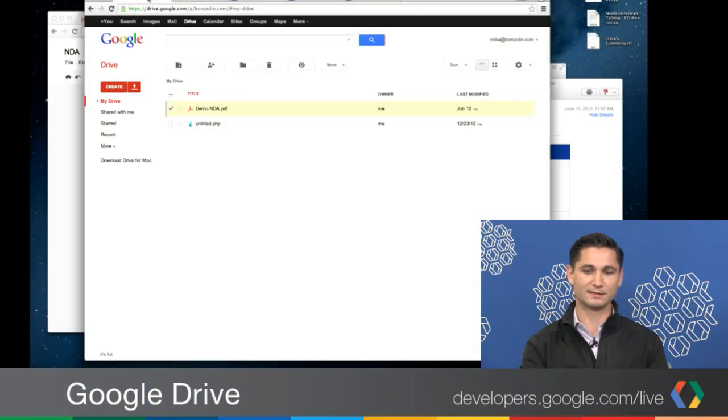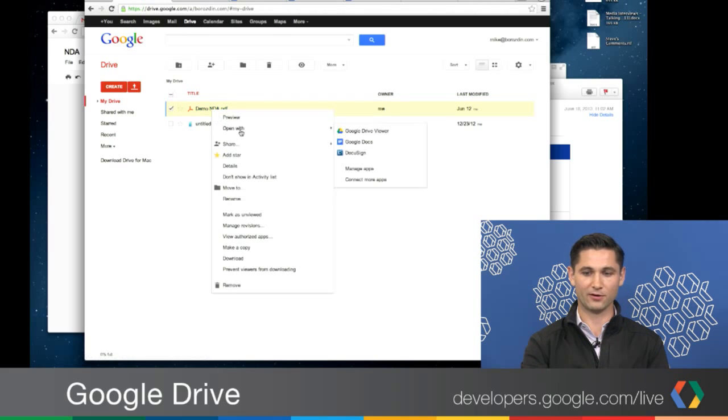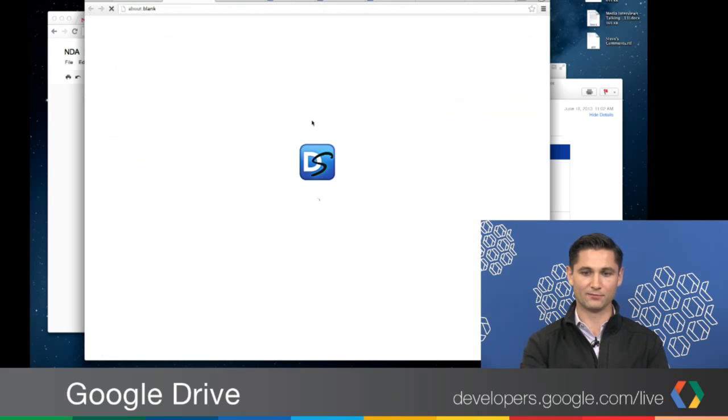But when it comes to the Google integrations, which we've been working and iterating on and trying to improve all the time, and just this morning you gave me some more pointers. Yep. I think the most popular integration we have is with Google Drive. So this is where, if you have a document in Drive that you're looking to send out to somebody for signature, you can very quickly open it with Docusign, and when you do that,